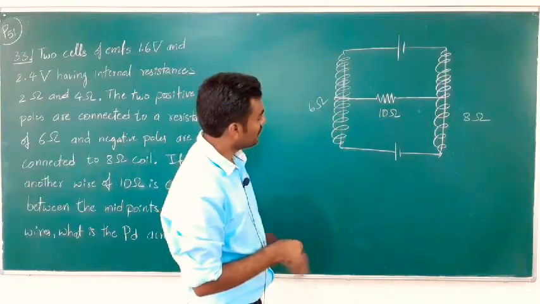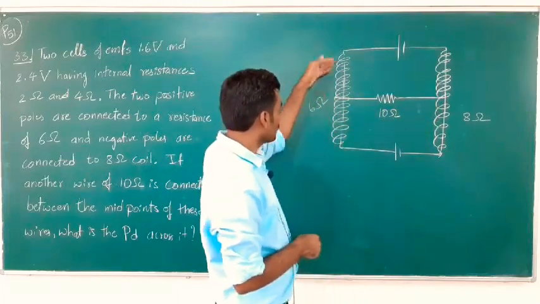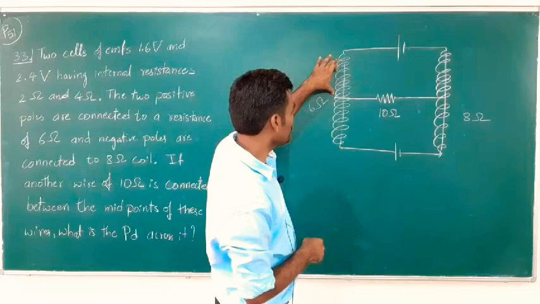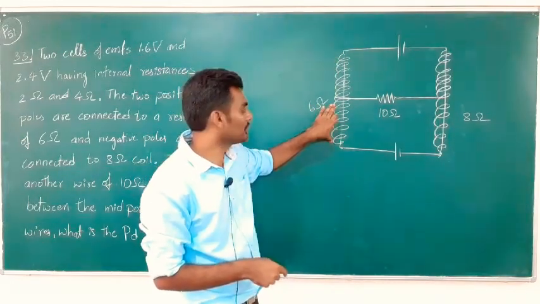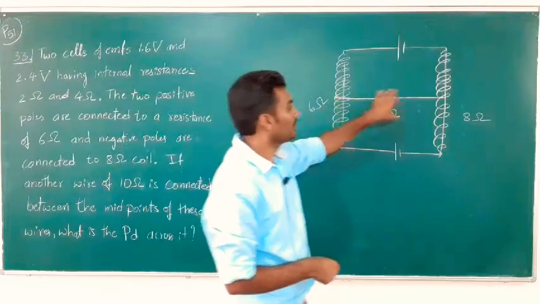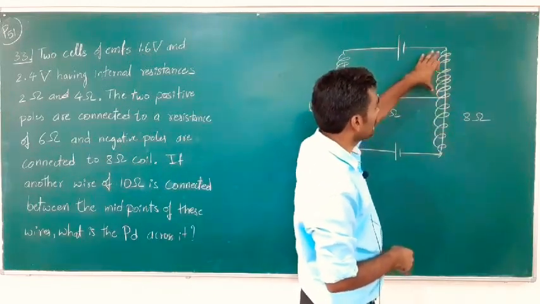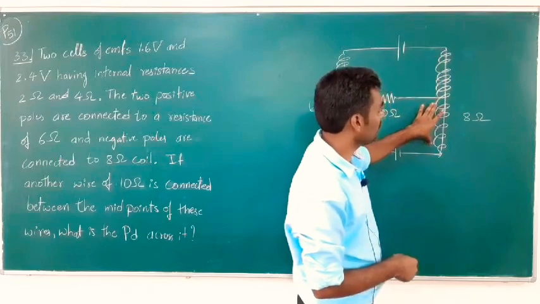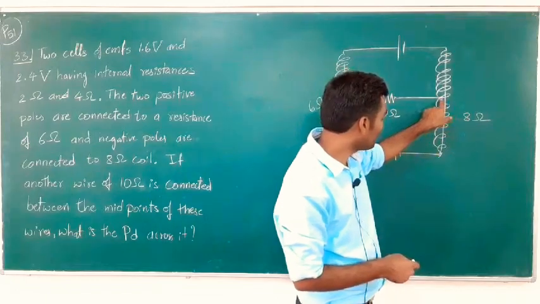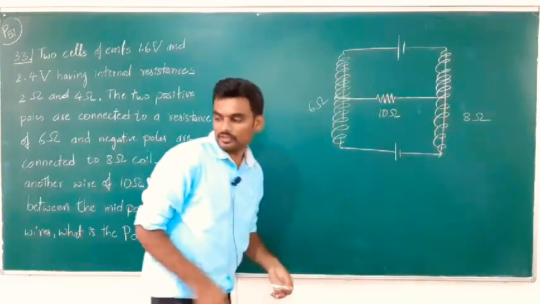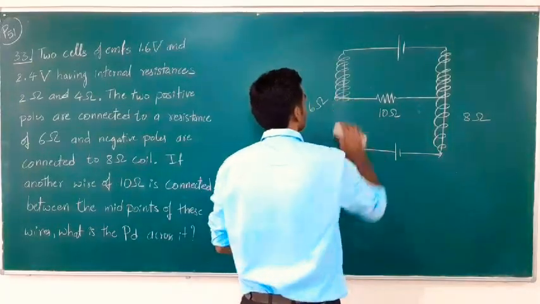So, now what happens, since it is connected exactly between the midpoints, out of this 6 ohm, 3 ohm resistance remains here and the other 3 ohm resistance comes here. Similarly here, since the total resistance of this coil was 8 ohm, 4 ohm remains here and 4 ohm remains here. Together it should be 8 ohm because this is the exact midpoint. So, instead of the coil, now I can replace it with